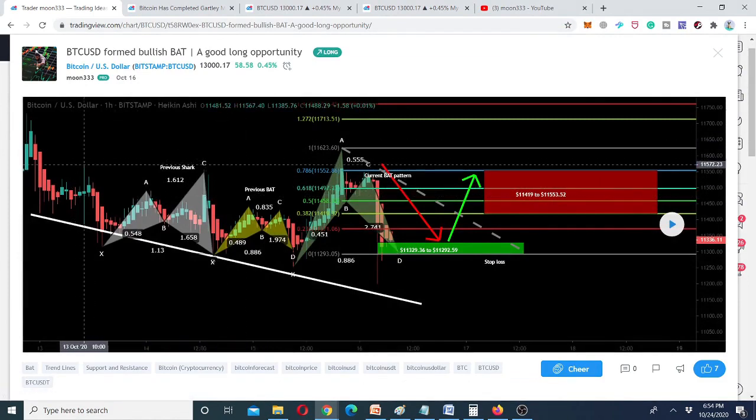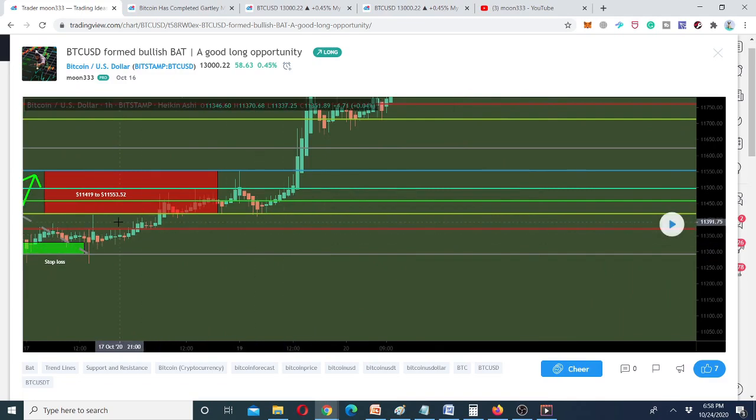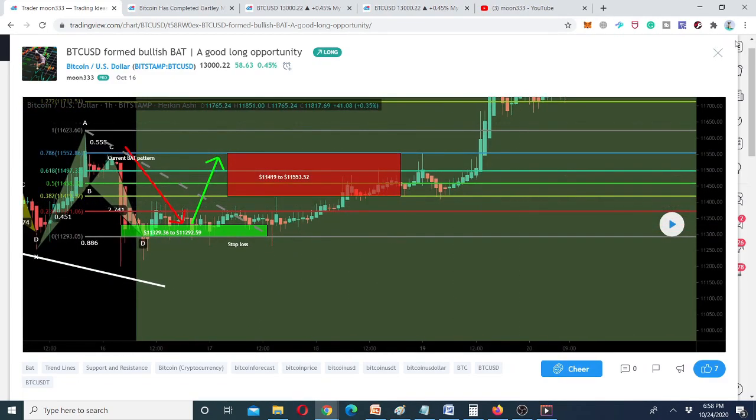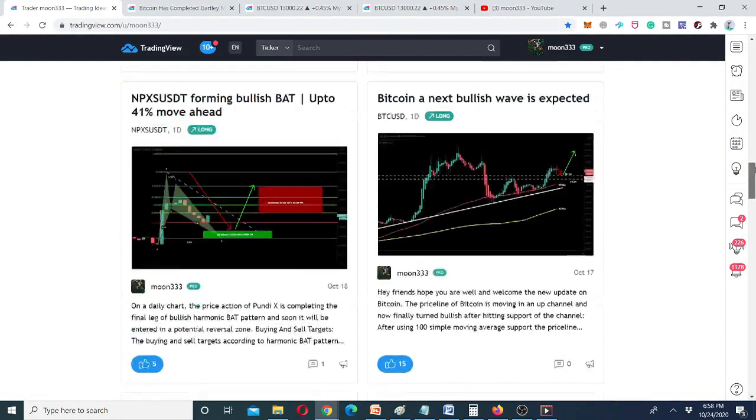And on the hourly chart, it was forming the different harmonic moves and had a very strong downtrend line support, and above this support it was forming these harmonic moves. And as per Fibonacci sequence, I predicted that it will be moved up from here, and you can see I played this chart. The price action moved up from here,